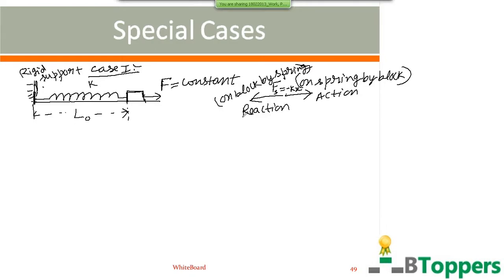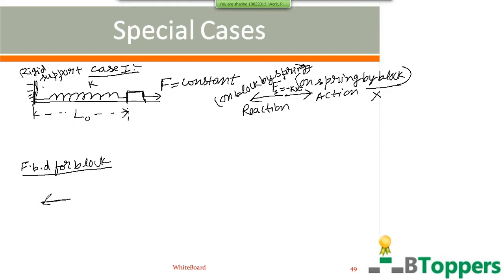But when we draw a free body diagram for the block, we must indicate only the forces which are acting on the block. We should not consider the forces exerted by the block. Here action is the force by the block on the spring. It should not be indicated in the free body diagram for the block. Reaction is the force on the block by the spring, so it should be indicated in the free body diagram for the block.